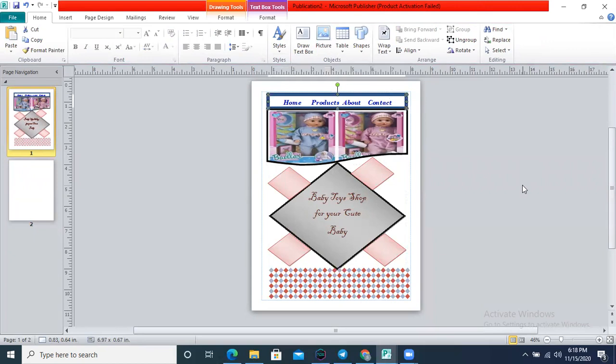menu card. Okay students, now I'm going to show you some examples of business cards and some examples of website templates. These are some examples of business cards.